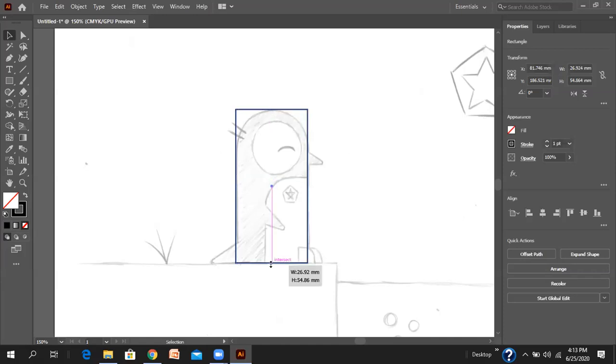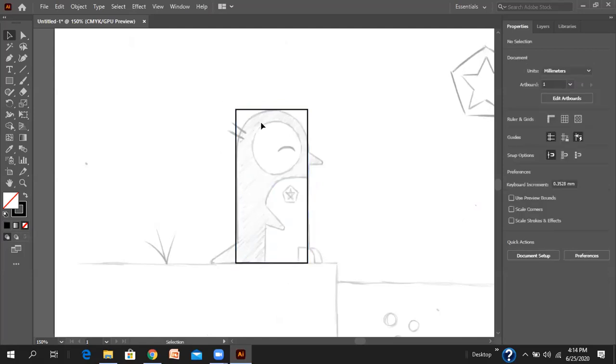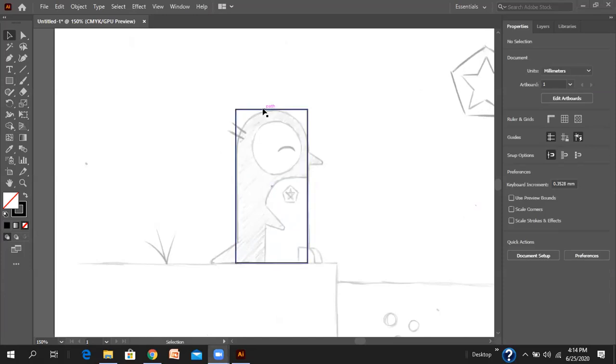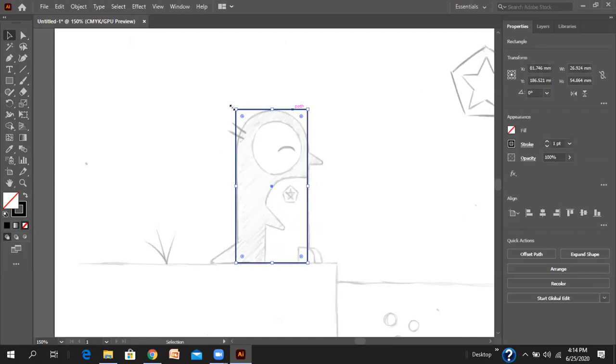Okay, now you have got this thing done. And the first thing that would come to our heads when we see this circular thing is, okay, fine, let's just change this to the ellipse tool and make a nice circle over there. But no, in Illustrator, you can just go ahead and click on the path to select the rectangle and move here, and you can see these circles, right? You drag these circles in